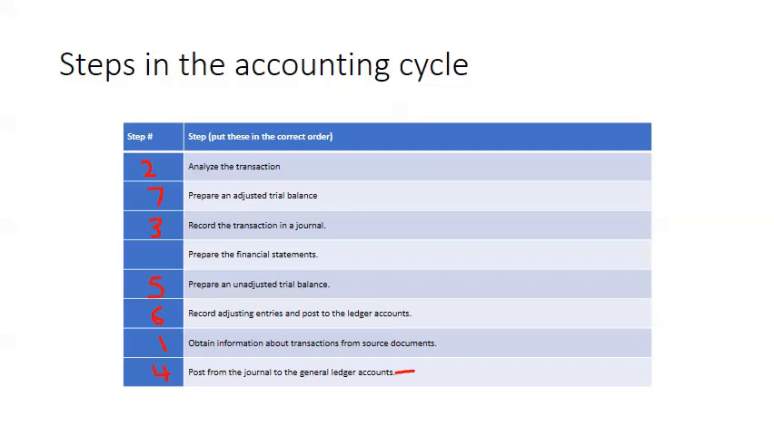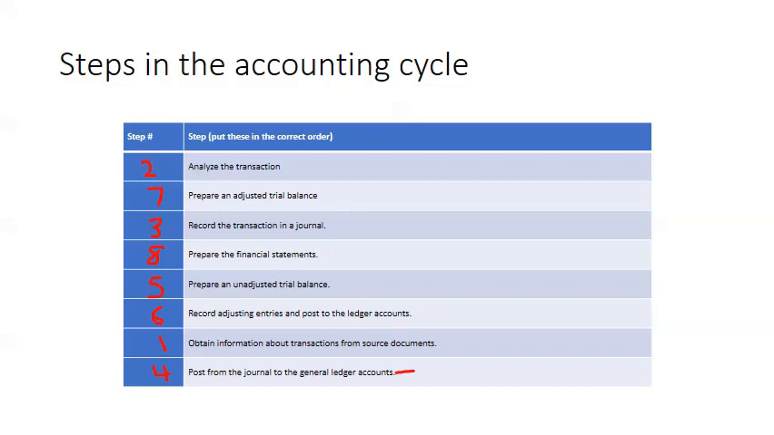Because we've made all the adjustments, we're now going to make another trial balance. And then number 8 is to prepare the financial statements. Now there are other things that we do after that point. I just wanted to get the first 8, but you would also have number 9, which I don't have listed here,